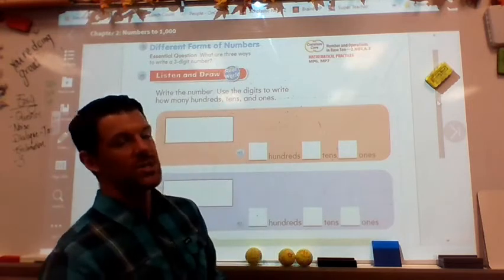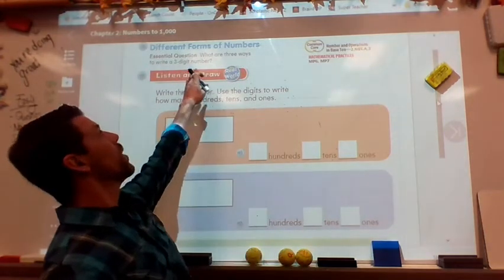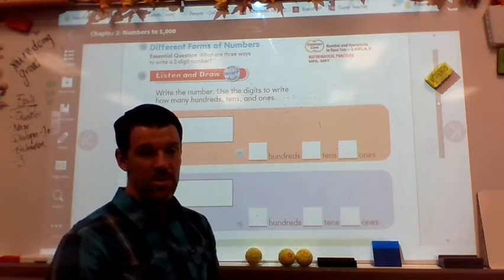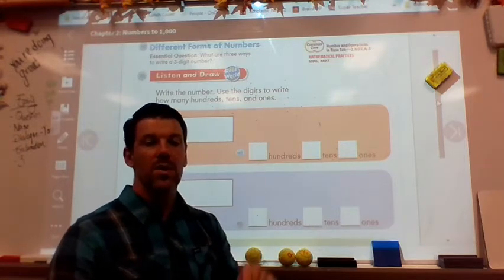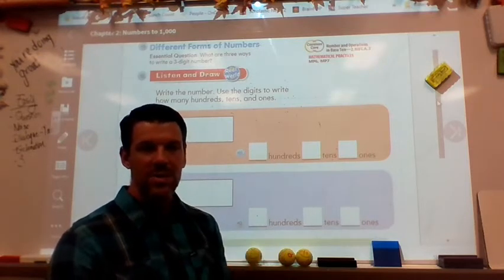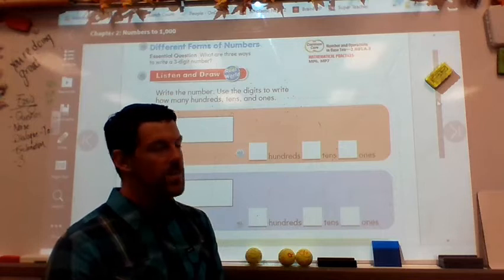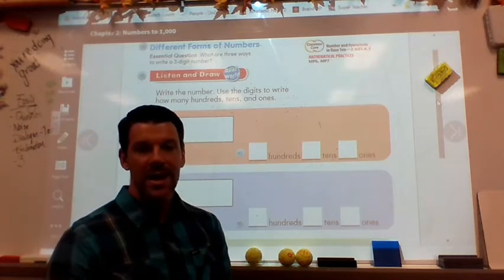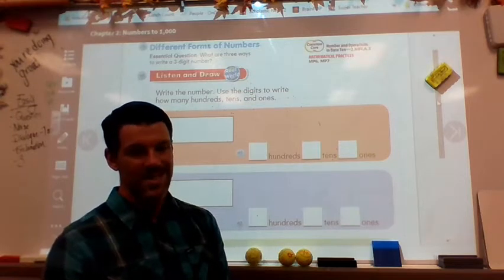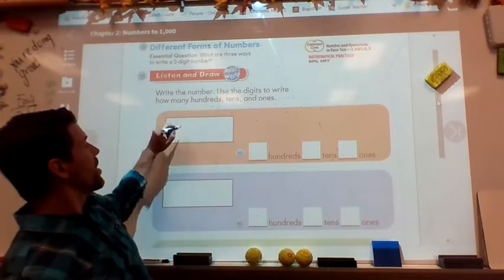The essential question today is, what are 3 ways to write 3-digit numbers? So that's a number with ones, tens, and hundreds. Remember that as we go through these problems. So the first number we're going to look at is a 3-digit number, 426. So let's write that number out,